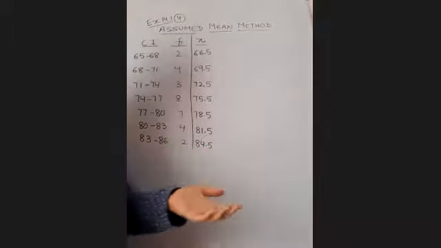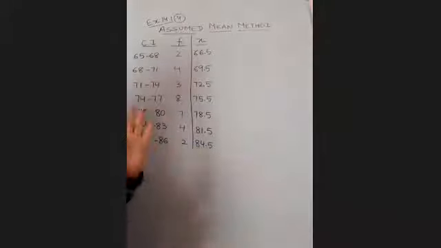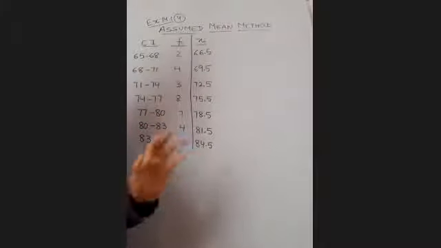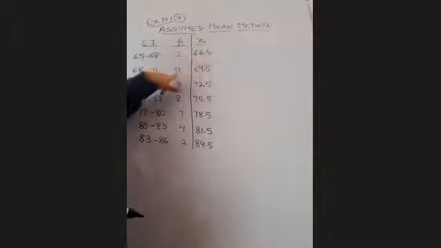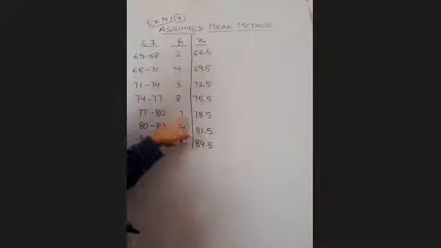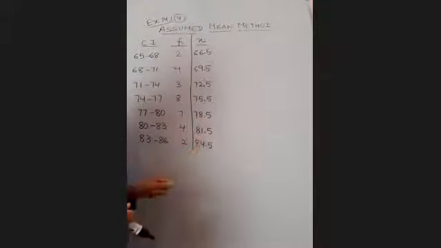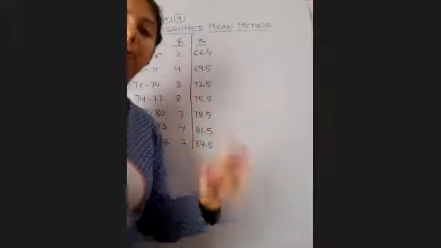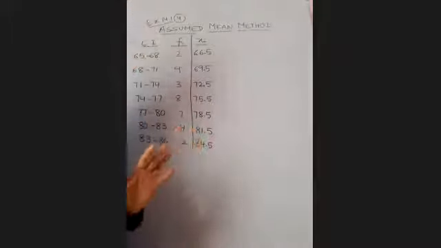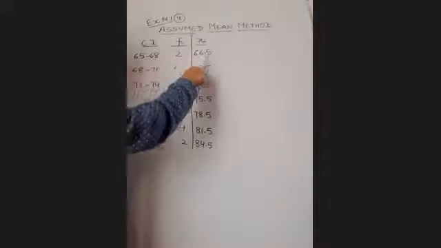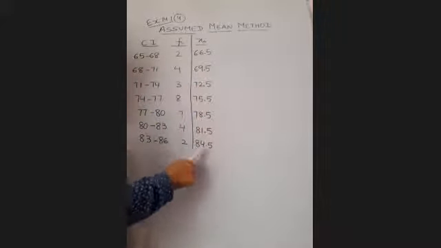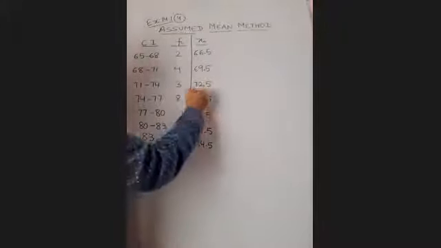Now suppose the question is to find the mean. You are not asked whether to do it by the direct or assumed mean method. Let's see which method will be better. If I directly multiply fi xi, I will have to multiply by such big numbers, that too in decimals, which can create some confusion. So let us try this with the assumed mean method. We have 1, 2, 3, 4, 5, 6, 7 classes, so the middlemost is